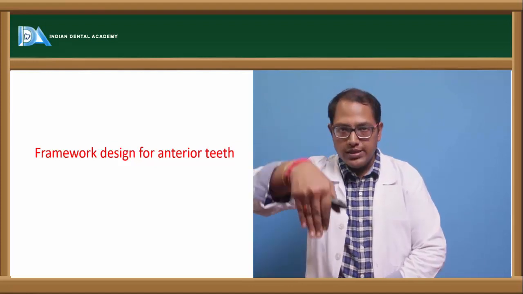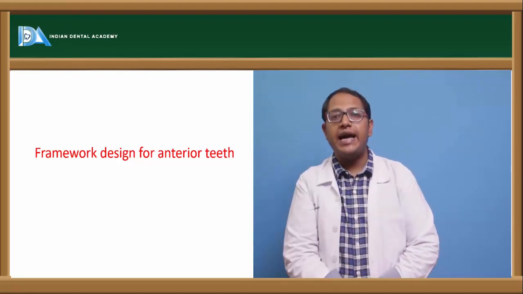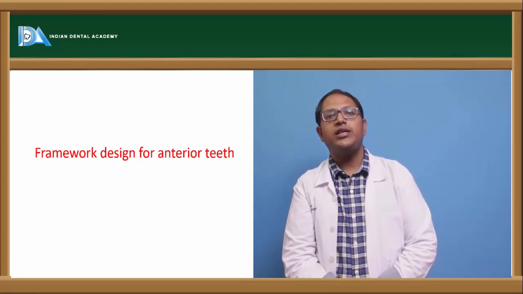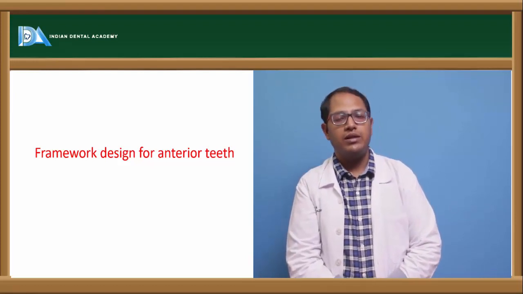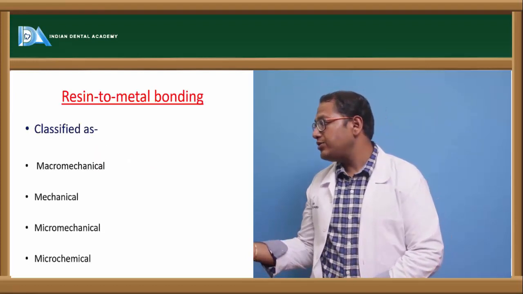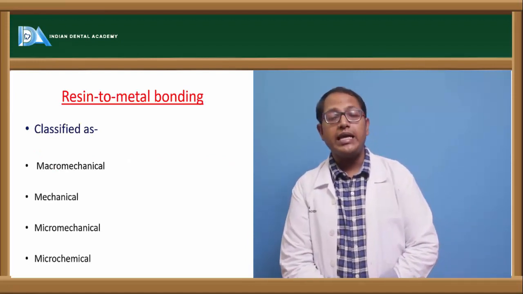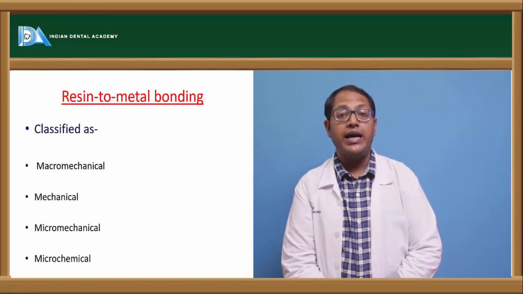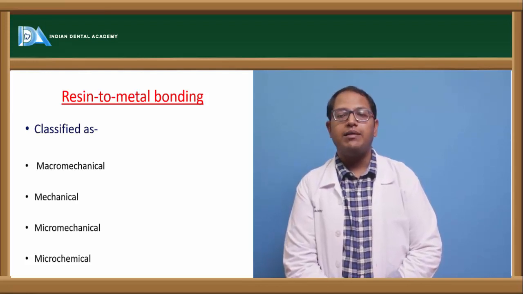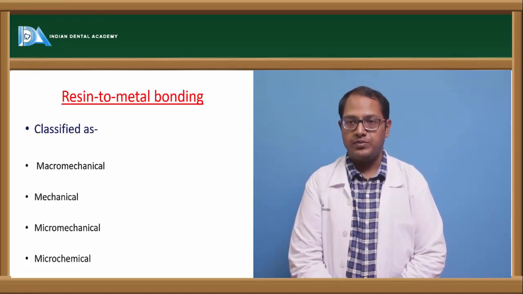We will make the holes down like this, 0.5 mm depth, and then we will etch it, and with the resin bond we will bond it out. So for that we need to know the resin to metal bonding. That can be macromechanical, mechanical, micromechanical, or microchemical as well. Now coming to